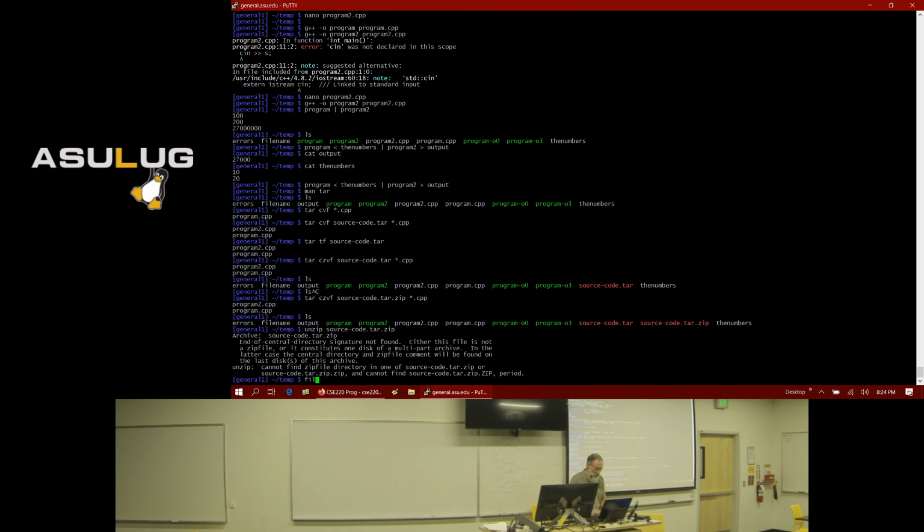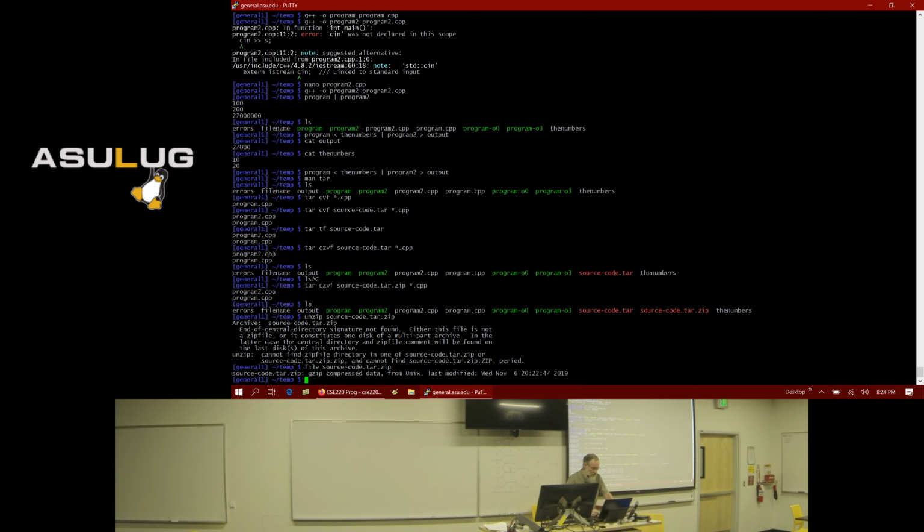There's a command called file in Linux. So if you type file and then you give it a file, so I'm going to give it what is supposed to be a zip file. What file does is it'll look at the file and try to determine what type of file this is. Is it a Word document? Is it a LibreOffice document? Whatever.